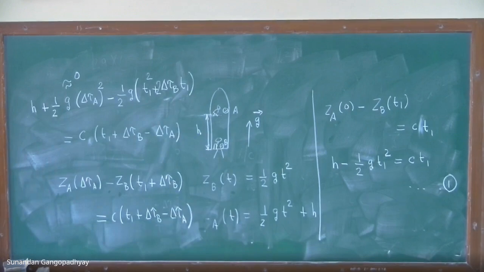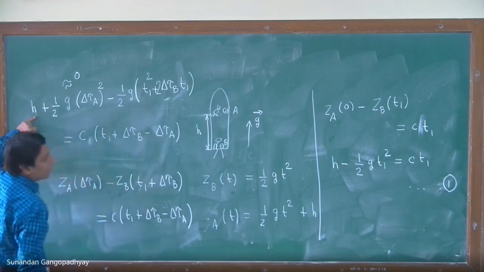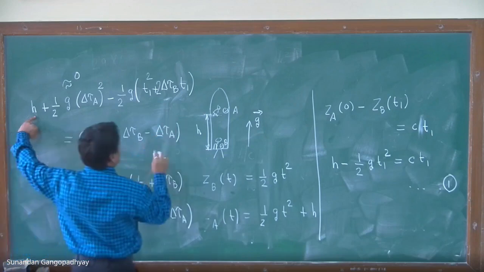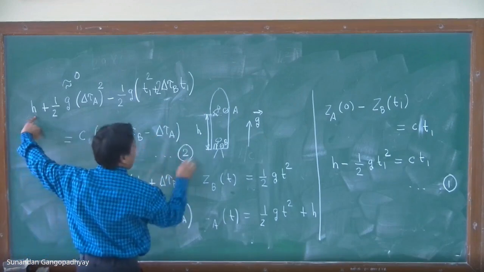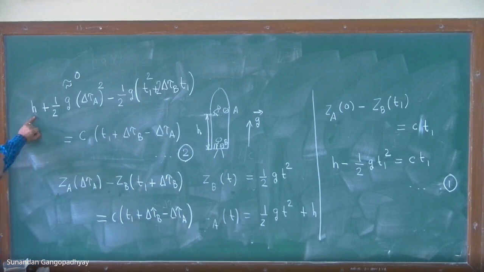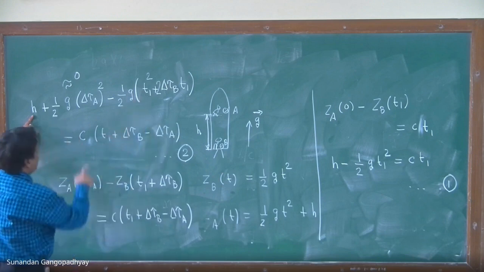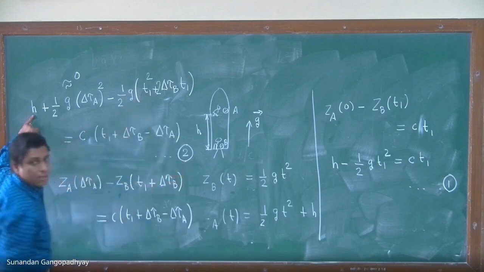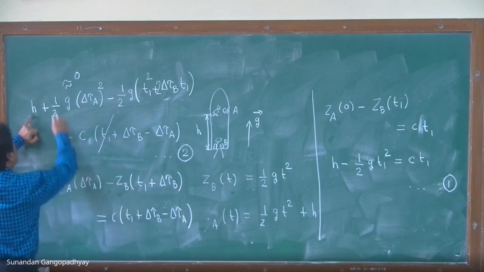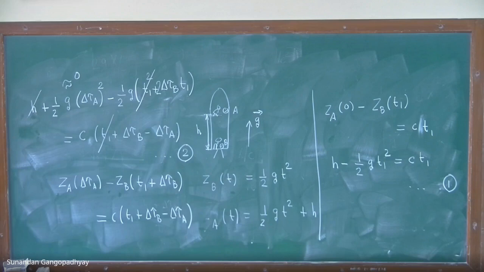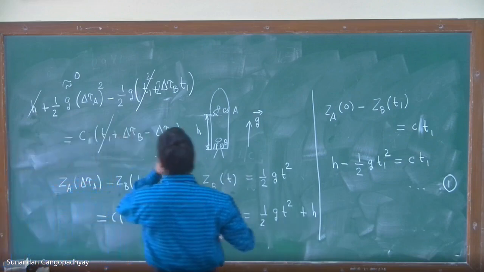You also have h minus half g t1 squared equal to c t1, which is our equation 1. If you use that equation, then these terms will cancel. And therefore, the final equation that you get is